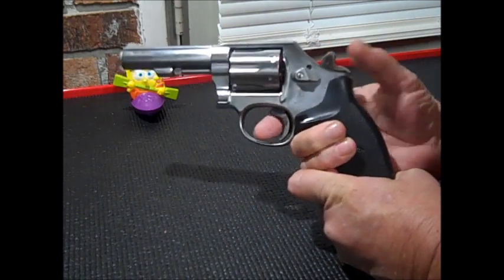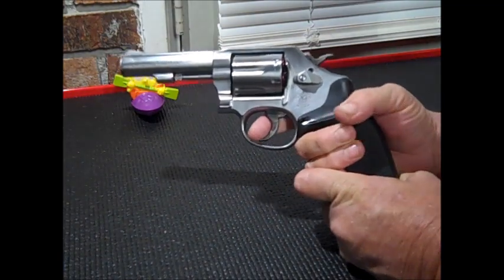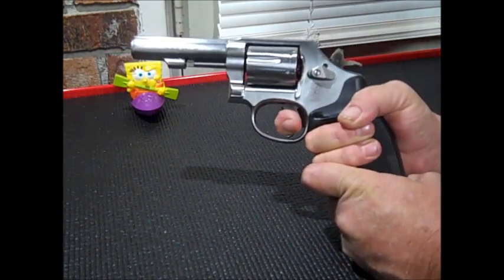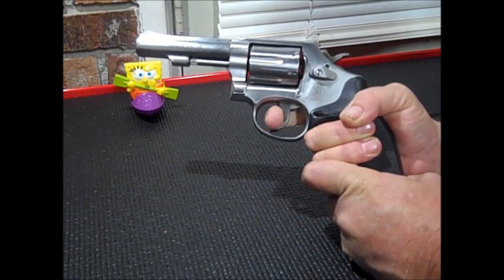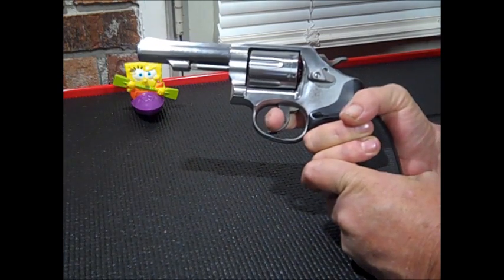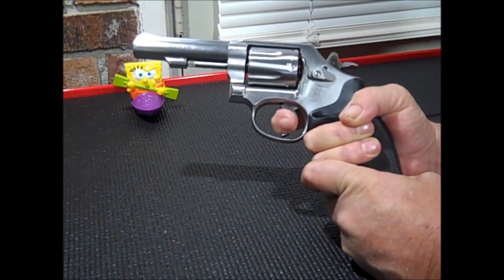4, 5, 6. Let's try some double action. Oh yeah. Taurus has the 2 clicks. Smith has 1. 4,